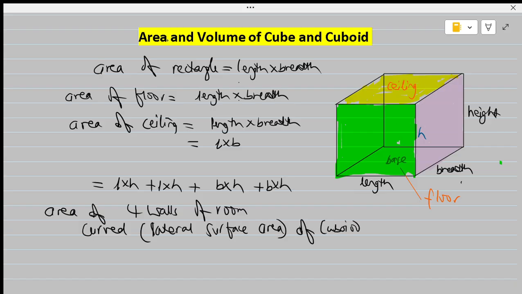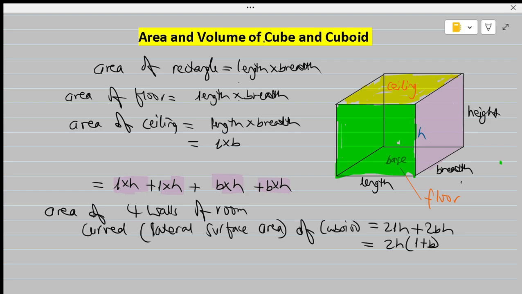So the thing is the same, so we are going to get the L's 2 times, is it? These two L's get added, so we get 2 times LH, and the BH, so these two get added, is it? So 2 times BH, and we see here 2 and H are common, so we get 2H, bracket L